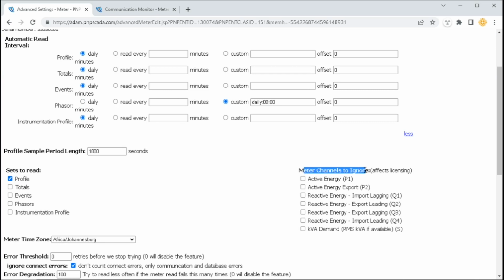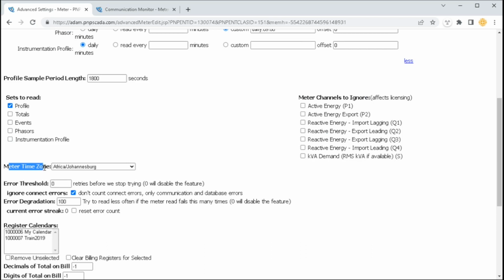And channels to ignore. Remember, a tick here means ignore the meter's time zone. Error streak is how many times the meter has failed to read since the last success. If this goes past error threshold, the system will stop trying to read this meter. This is good for when you have a batch of meters that you added to the system but have not